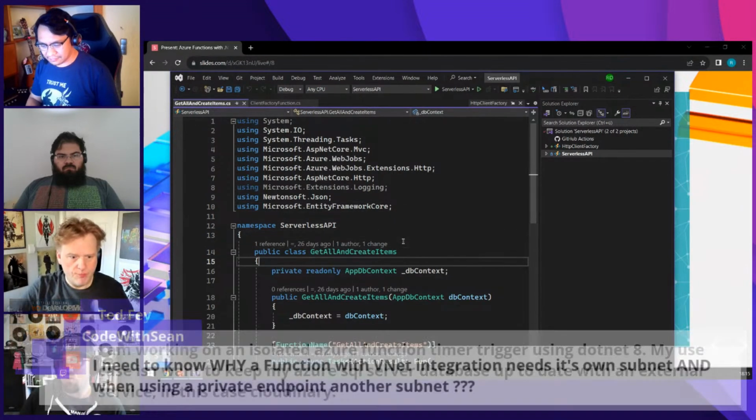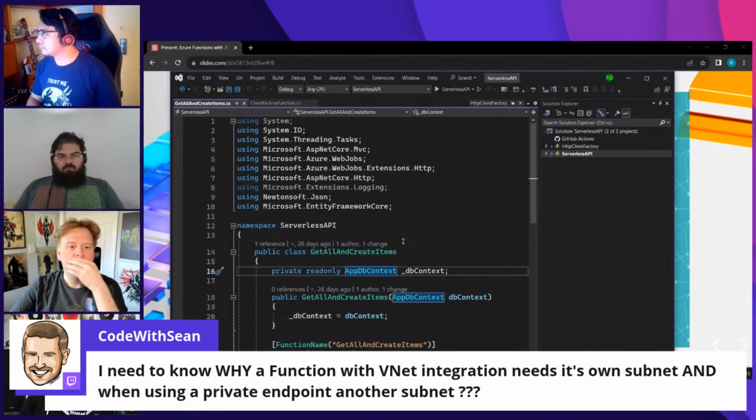We did have another question here from Code with Sean from Twitch. He says that he needs to know why a function with VNet integration needs its own subnet, and when using a private endpoint, another subnet.